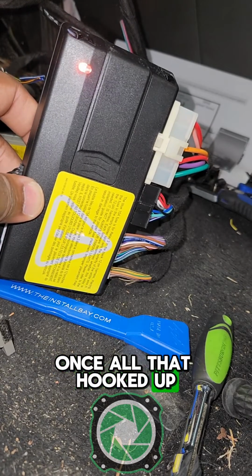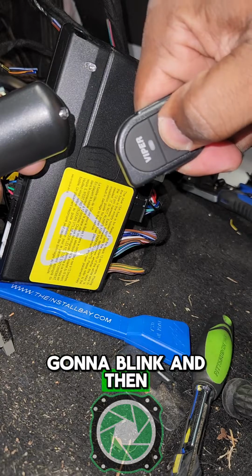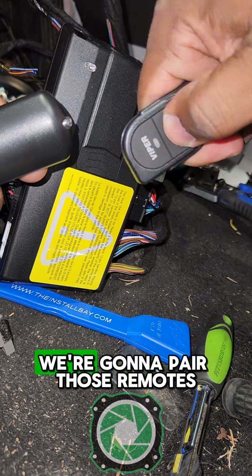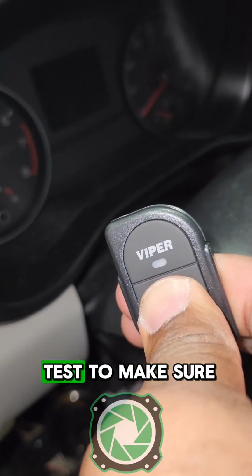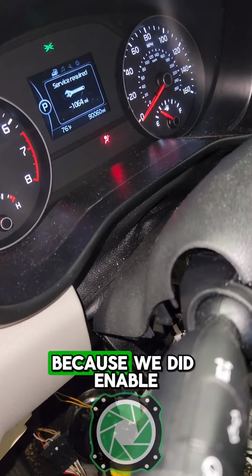Once all that's hooked up, we can program by sticking the key in the ignition, turning it forward, it's going to blink, and then we're going to turn it off, and that's pretty much it. We're going to pair those remotes, and then we're going to test to make sure that everything works with the aftermarket and factory remotes, because we did enable